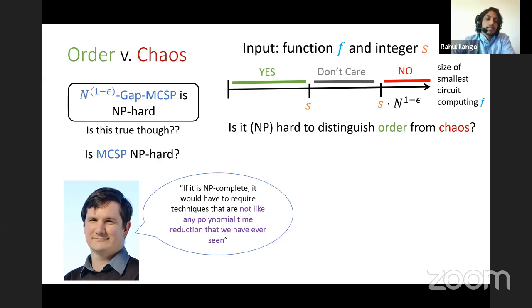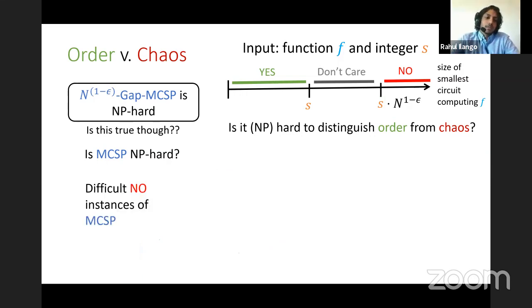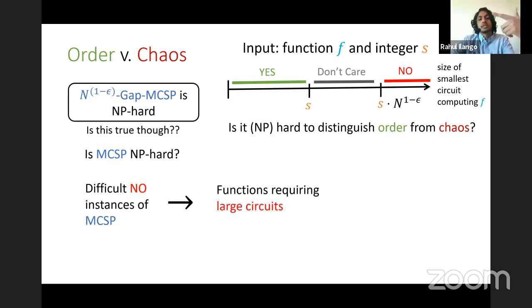So Ryan Williams has this quote that I fished out of one of his Simons talks. If it is NP-complete, it would have to require techniques that are not like any polynomial time reduction that we have ever seen. And the reason Ryan is saying this is, if you think through what it would mean to give a reduction, the difficult no instances of MCSP, the ones that you can't determine are yes or no easily using brute force,